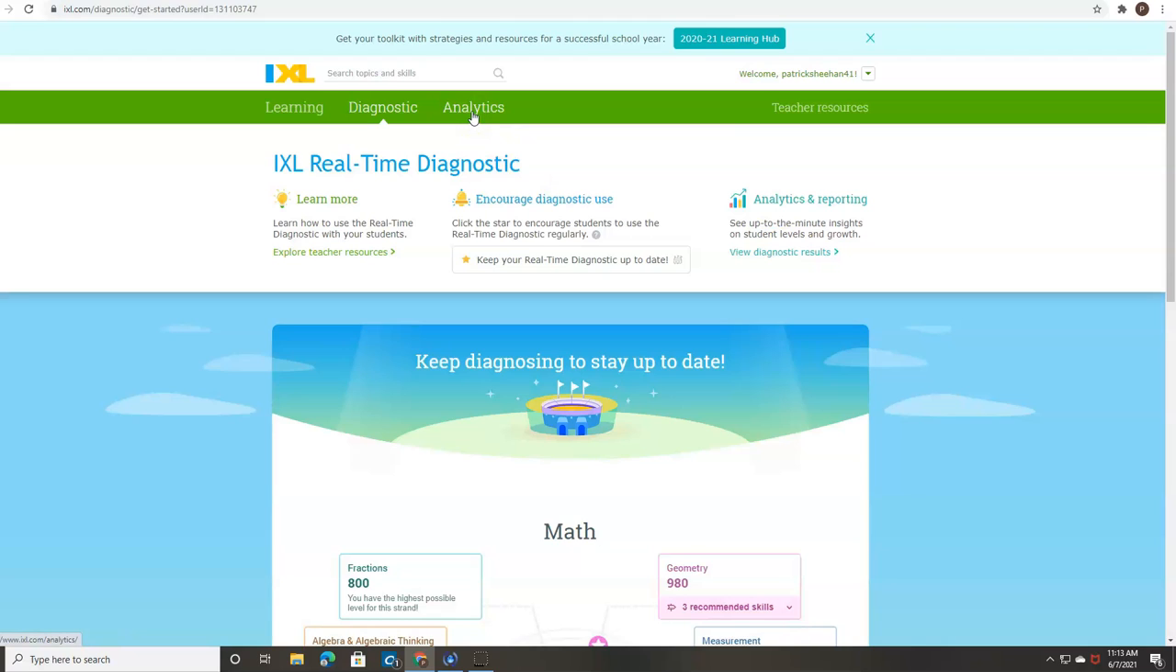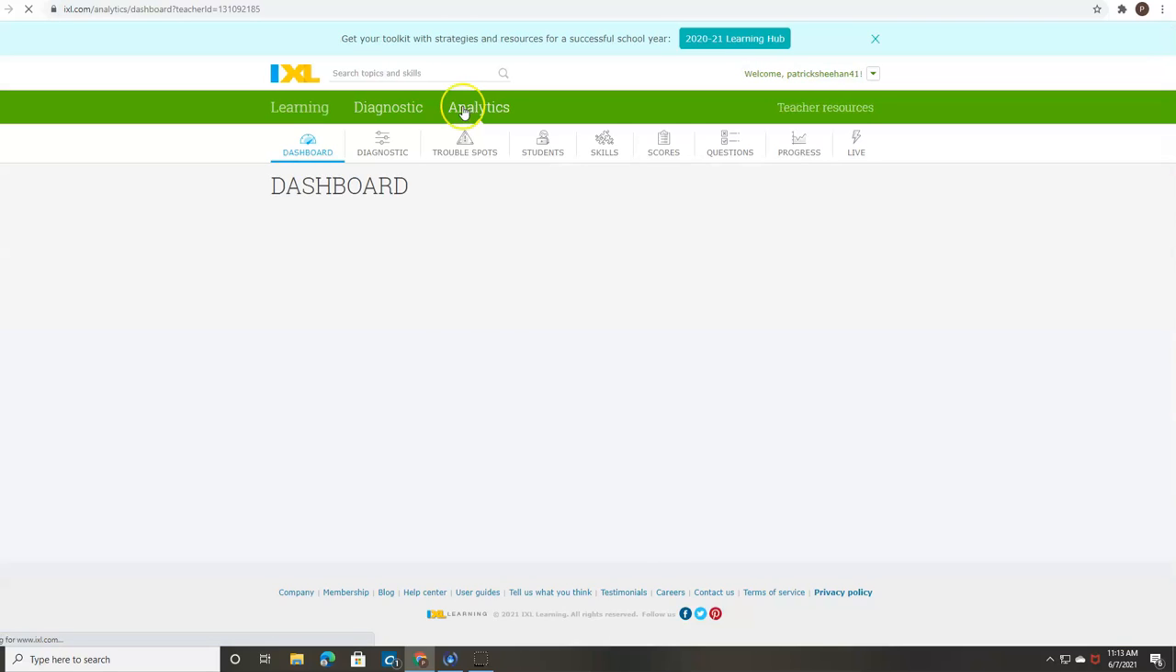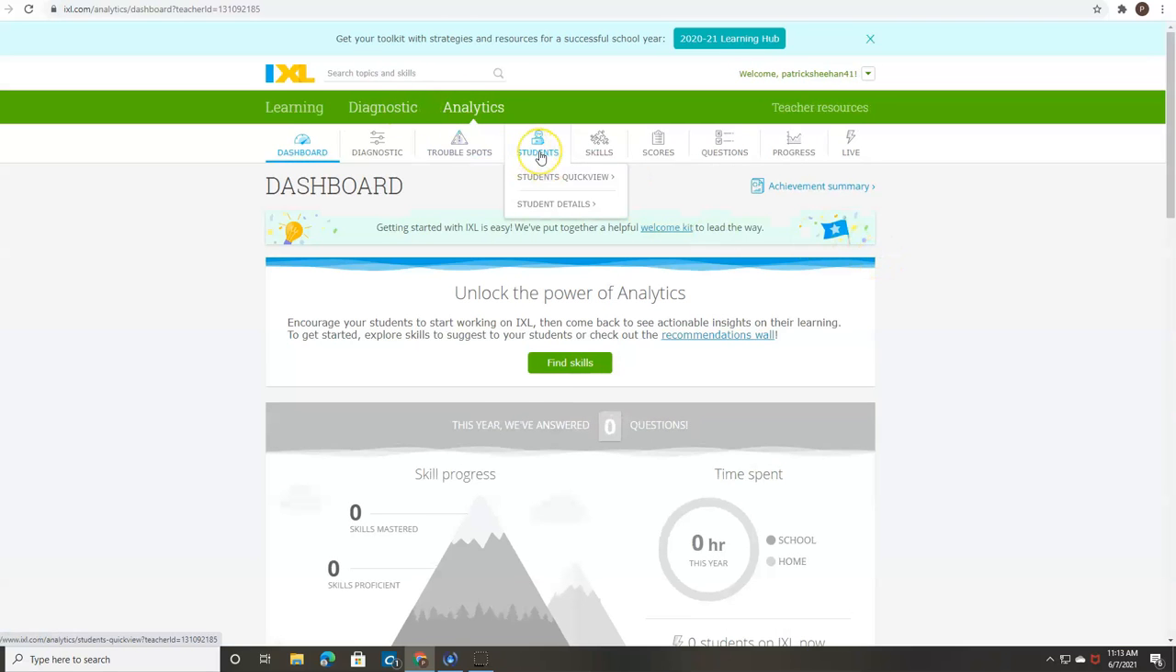Therefore, I could just click analytics if I need to get there right away. You don't have to go through the steps. Again, in IXL, there's more ways than one to get to a page or resource. Okay, so keep that in mind. Dashboard. Again, we're